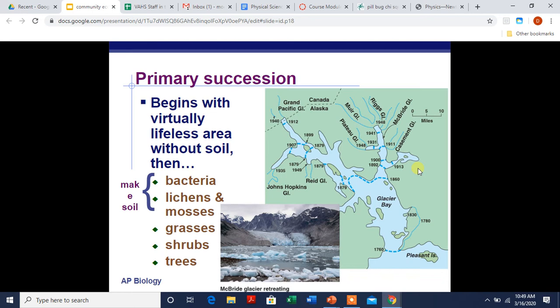Primary succession is changes which begin with virtually a lifeless area without any soil. So think after a volcanic eruption and all that lava and that magma cools and you've just got rock covering all of the old substrate. There's not even dirt to begin new plants growing. So the first step in primary succession is these organisms like bacteria, lichens, and mosses need to break down the